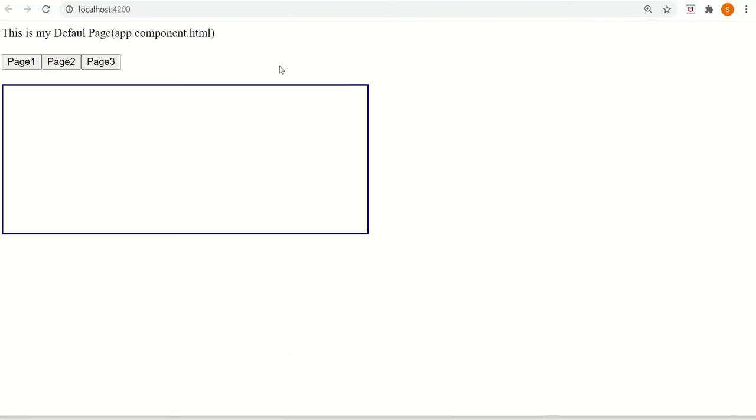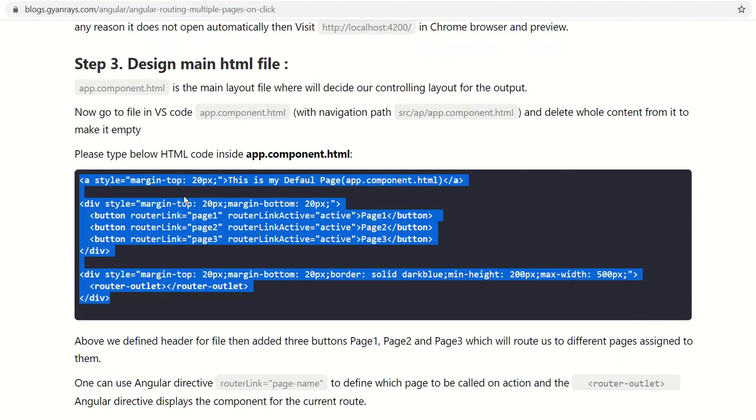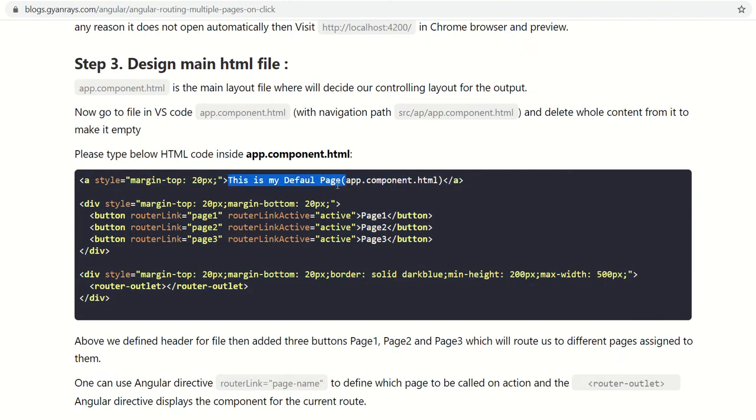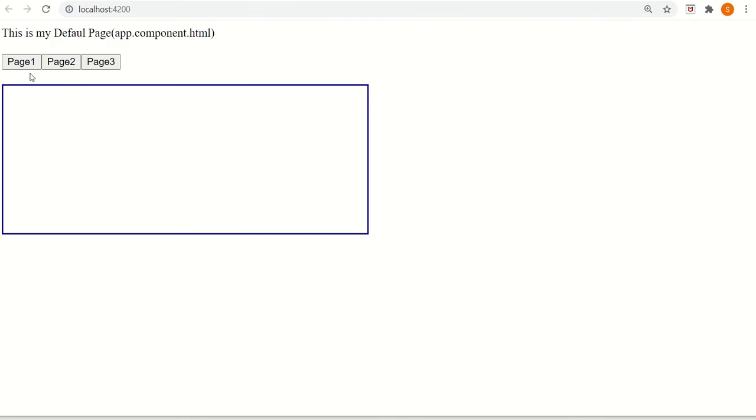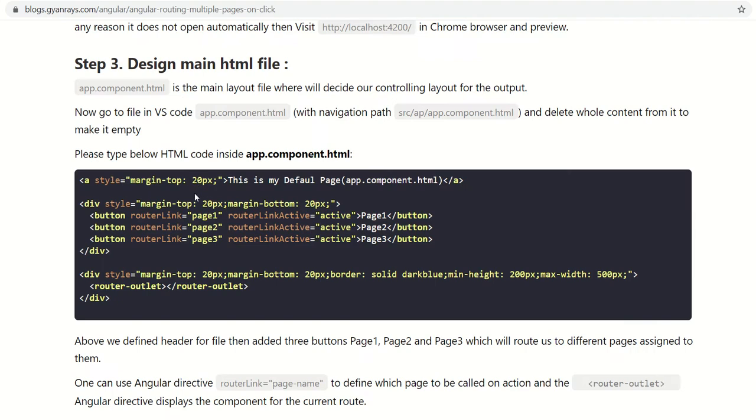Well, this is the output which you are going to see when you paste this code. So a very simple text is displayed with the h1 tag facility. So I am showing this is my default page. So here it is shown. Now I have created 3 buttons, page 1, page 2 and page 3. The buttons are not functioning right now because we have not written any code for this. So how does a button look? This is the plain or simple way to display a button. So I am showing button 1, which has the name page 1, button 2 page 2, and similarly page 3 as button 3.